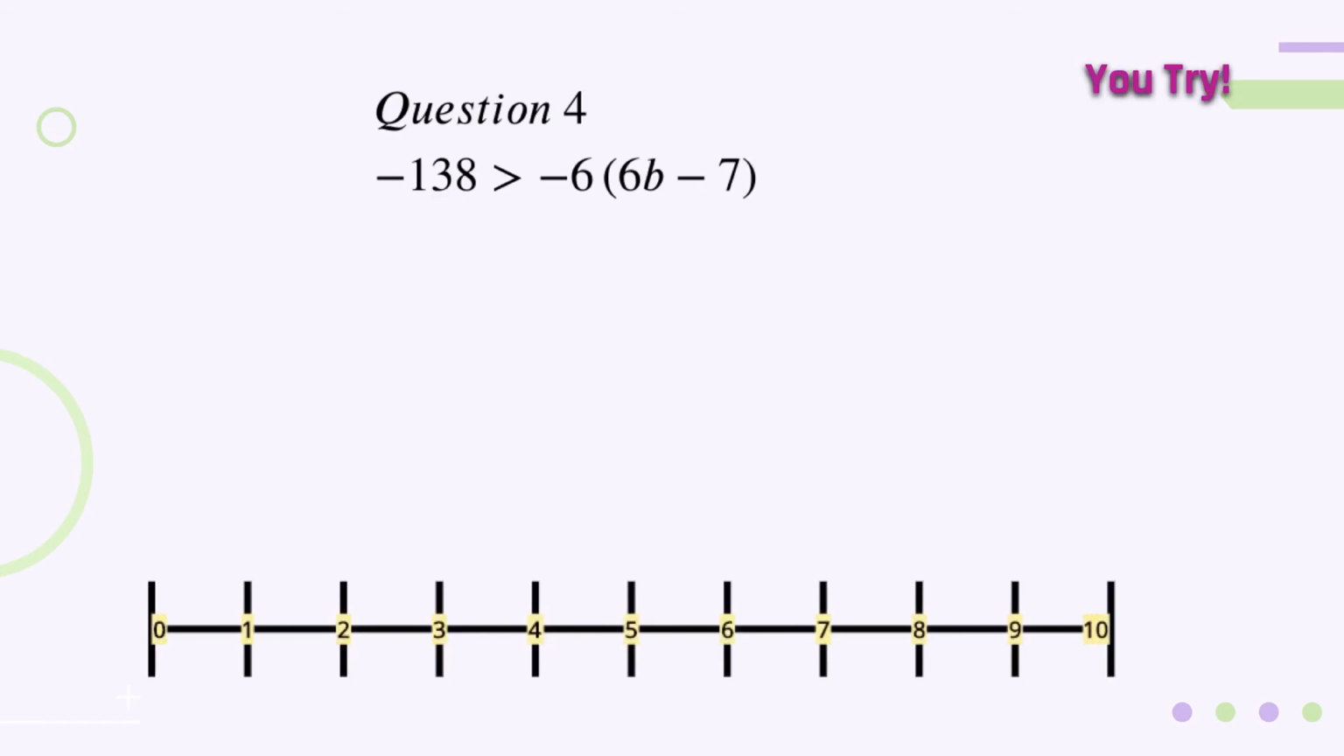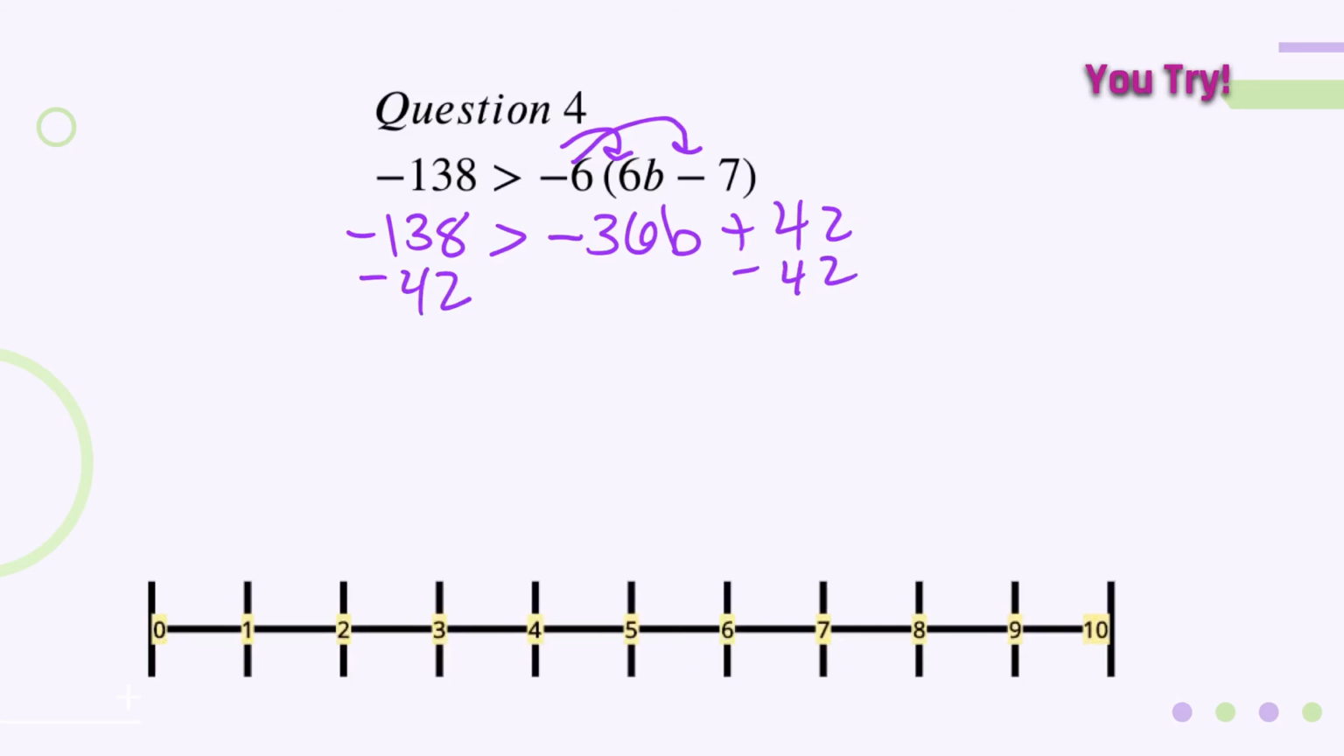In this example, I need to distribute the -6 to everything inside the parentheses. Left with -138 is greater than -36b plus 42. I'm going to subtract 42 from both sides. And when I do that, I get -180 is greater than -36b. Divide both sides by -36. When I do that, I need to flip my inequality sign, and I am left with 5